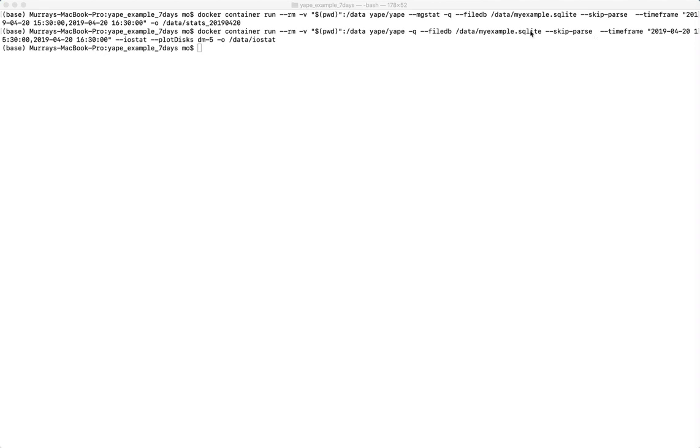We're not doing mgstat anymore. Still using our SQLite database, still within the same time frame, but this time I'm selecting iostat to plot, and also selecting the option to only pick one disk, DM-5, and I'm going to put the output into this folder here,